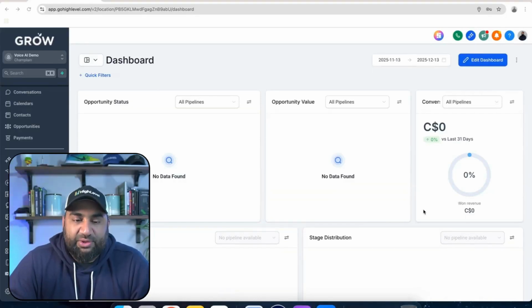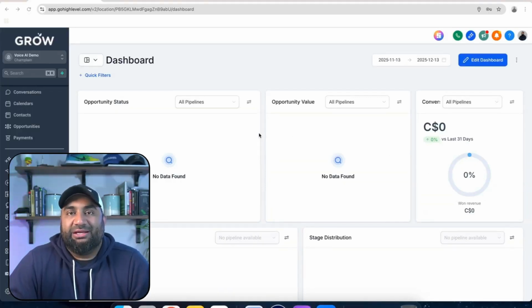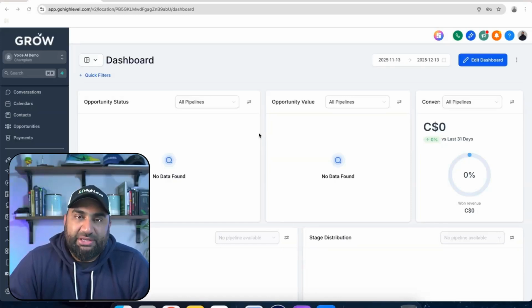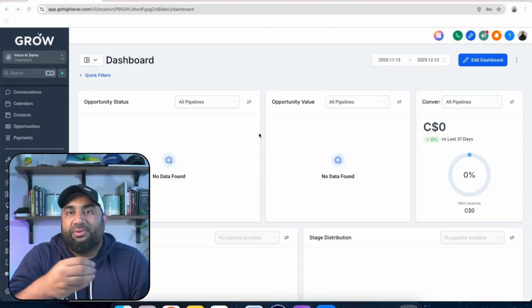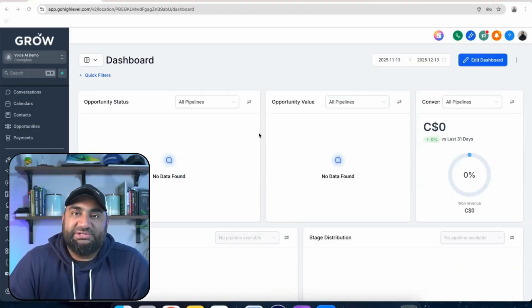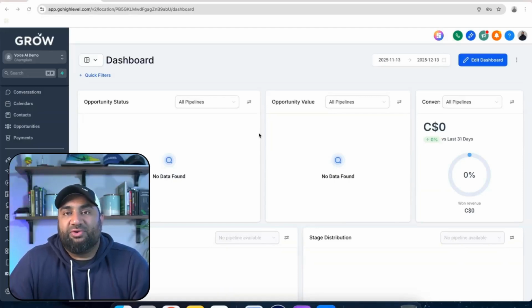But the simplest way and the easiest way is you purchase a phone number directly within HighLevel and you associate that number with the AI agent. Option number two is your client already has an existing phone number. You can go through a process called porting in order to port the number directly into HighLevel. Or option number three, they have a number they've had for many, many years and they want to keep it as is. They can simply enable call forwarding on that number and forward directly to the number you purchase within